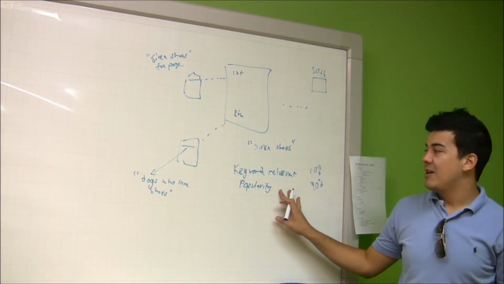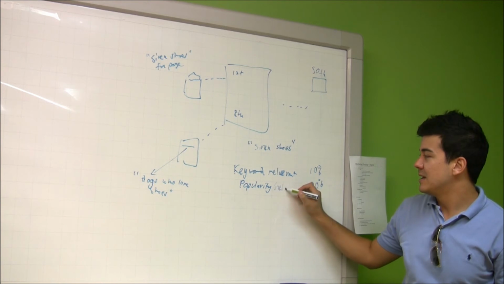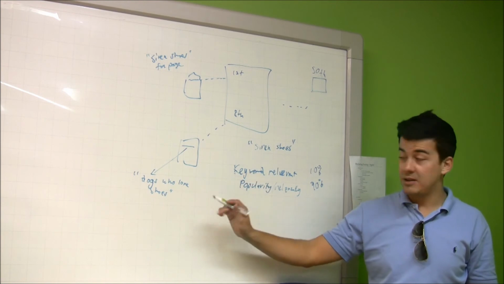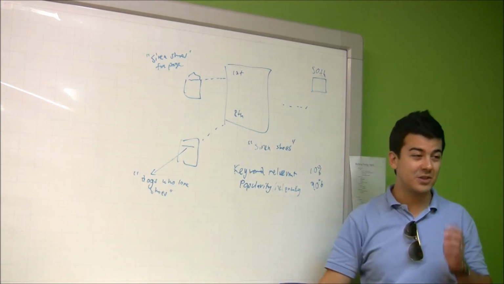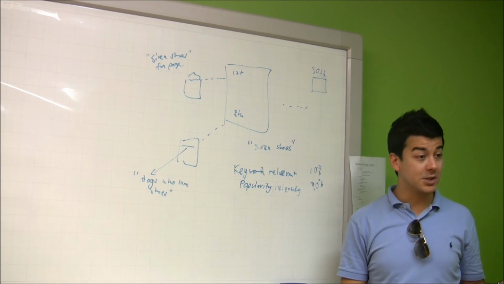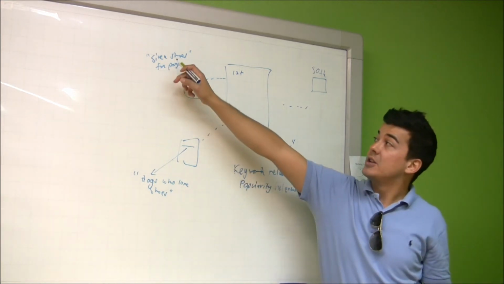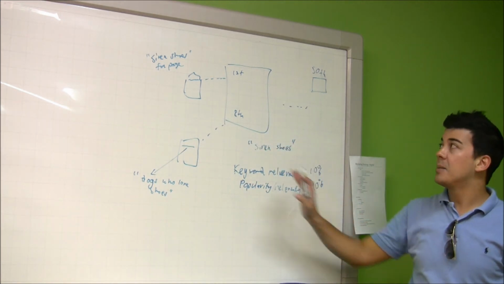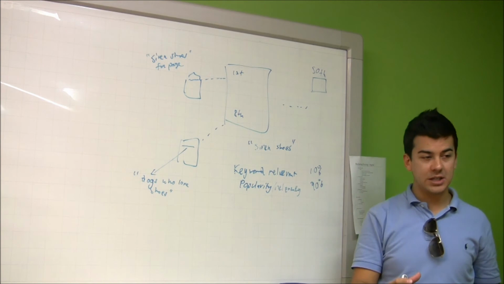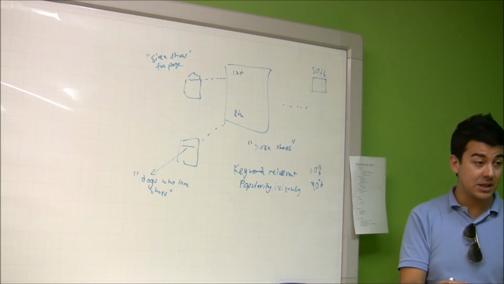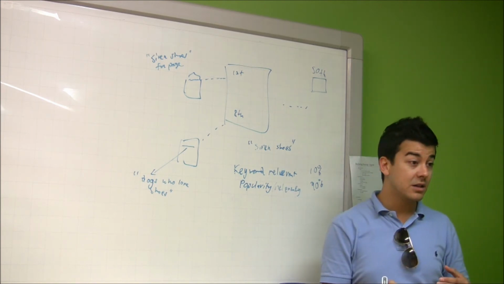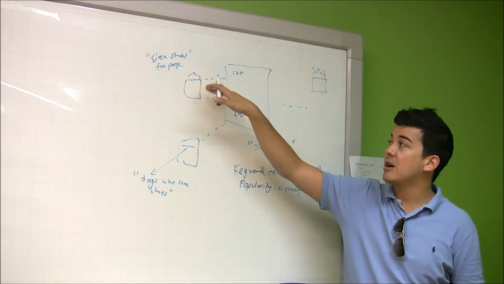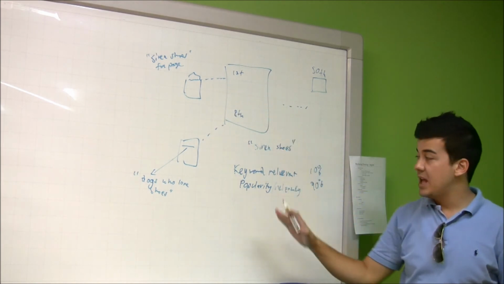Now, it's the popularity and the relevancy. So I could have 50 pages that link to me, but if it's about dogs who love shoes, it's not relevant to siren shoes. But if I have 50 pages that say siren shoes in those links and link to me, then I'm going to rank high. So popularity is not just about how many sites. You could have 10,000 sites that link to you about dogs, nothing to do with your original search term, siren shoes. If they link to that site with siren shoes, okay, then it's popularity.